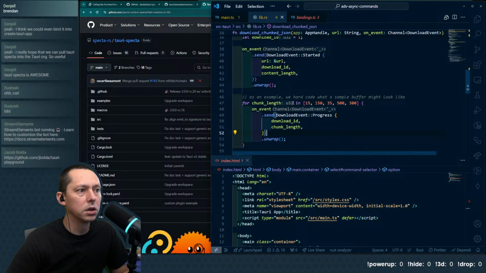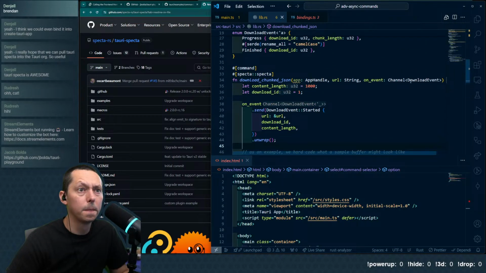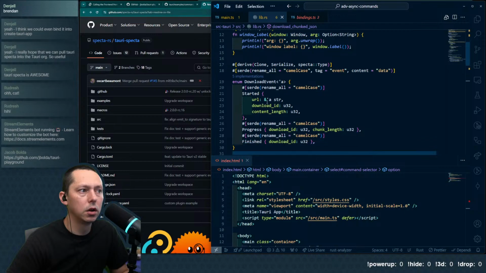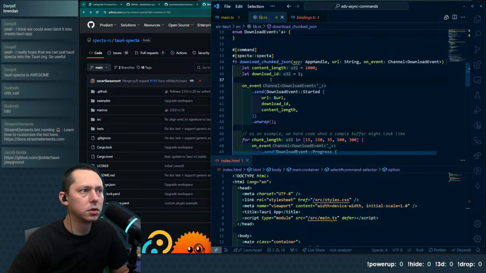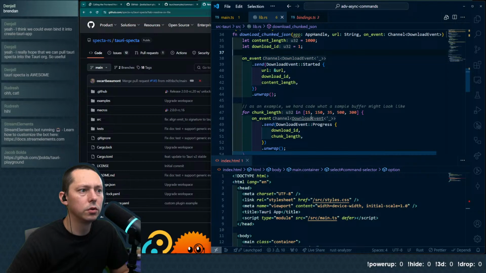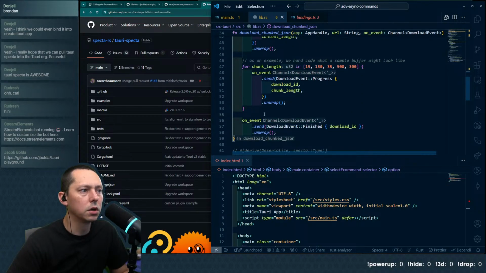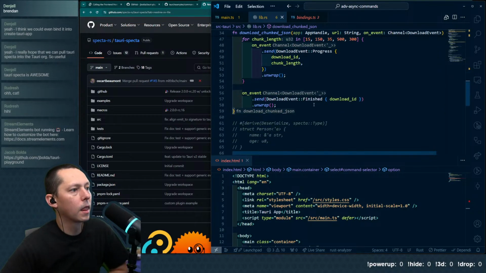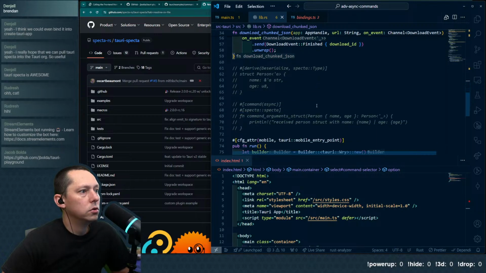We're in Rust land at this point, so is this still considered a buffer? I'm not 100% certain. It's just an array of U32s, right? I mean, in JavaScript land, that's a buffer.